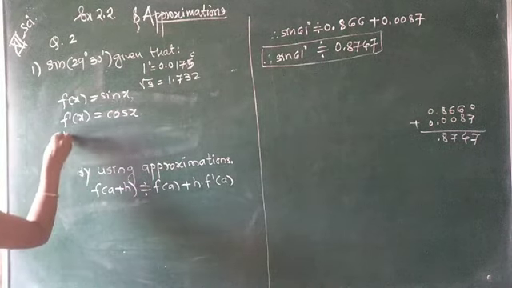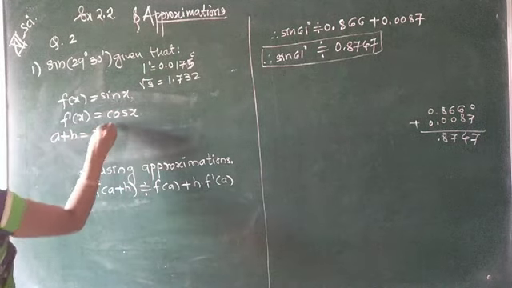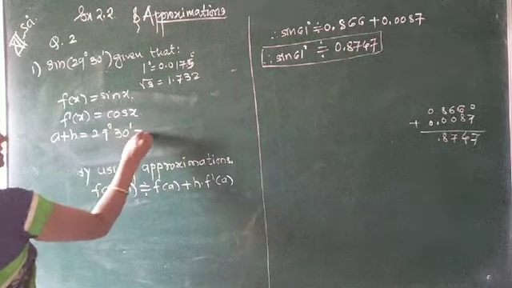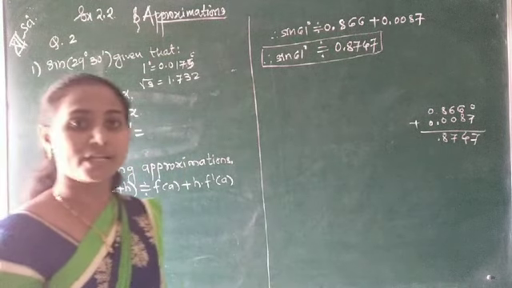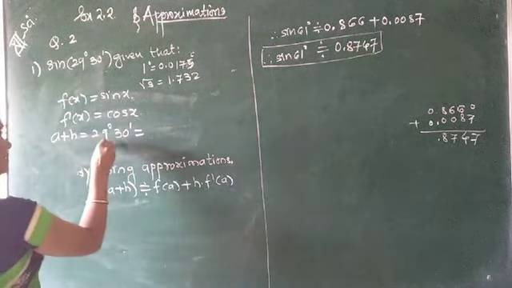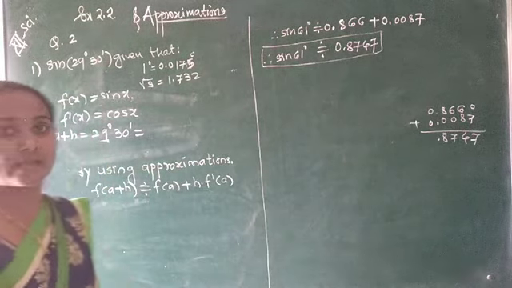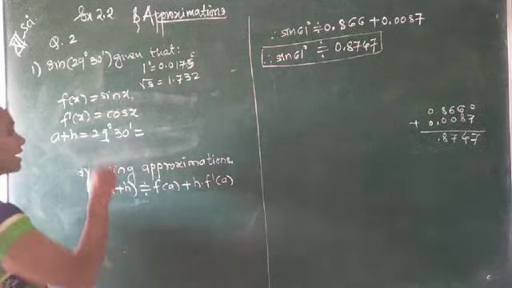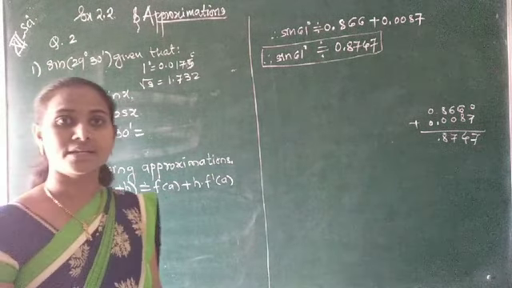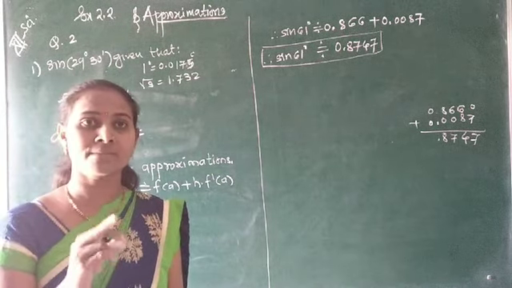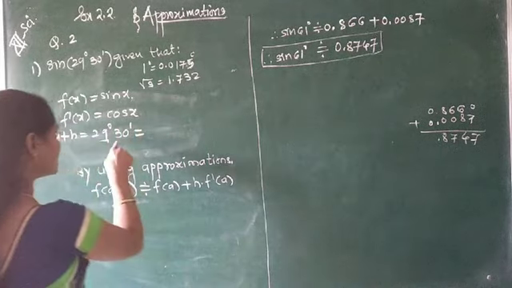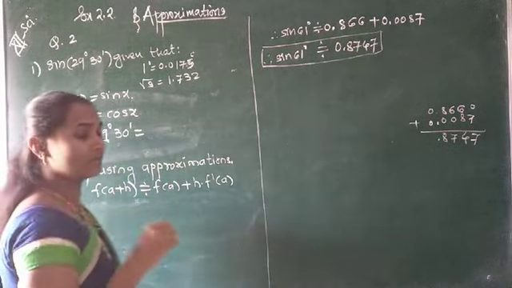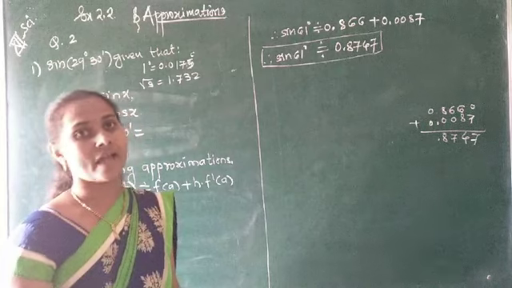Now what is a plus h? 29 degree and 30 minutes. Again we can't find this, it is not a particular angle. So आता 29 च्या जवळ असा कोणता अँगल आहे की जो आपण फाइंड करू शकतो तो 30 डिग्री आहे पहा. Here we have given 29 degree and 30 minutes. 30 minutes means half degree, 60 minutes means 1 degree. Here we have given the angle 29 degree and half degree.